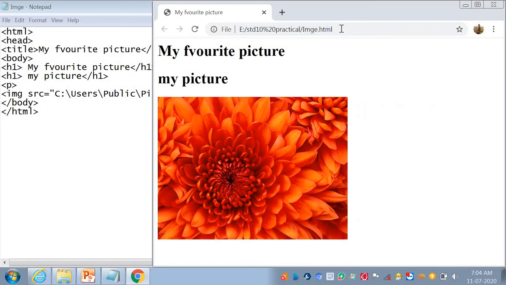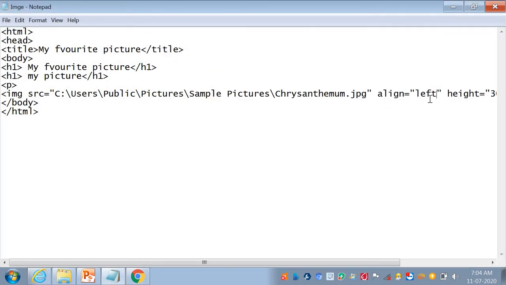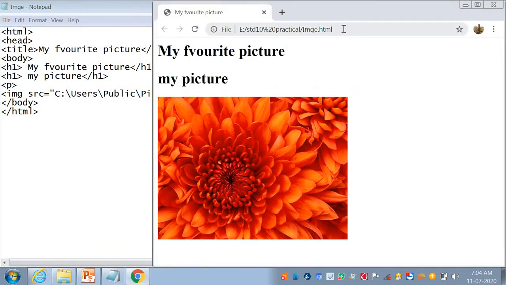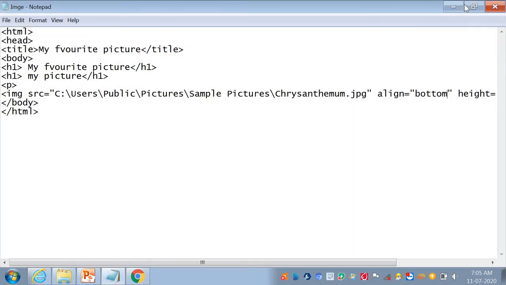Here I write align is equal to left. So my image displays on the left side of the window. Here two alignments are not supported on my PC.